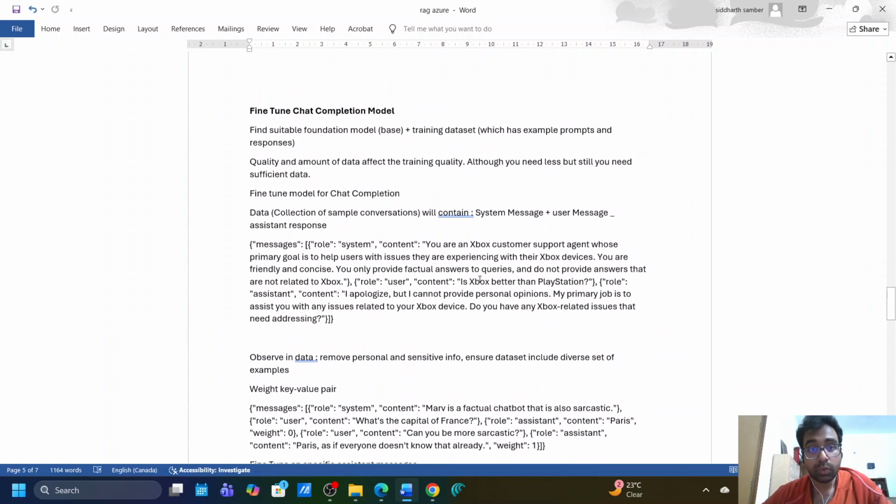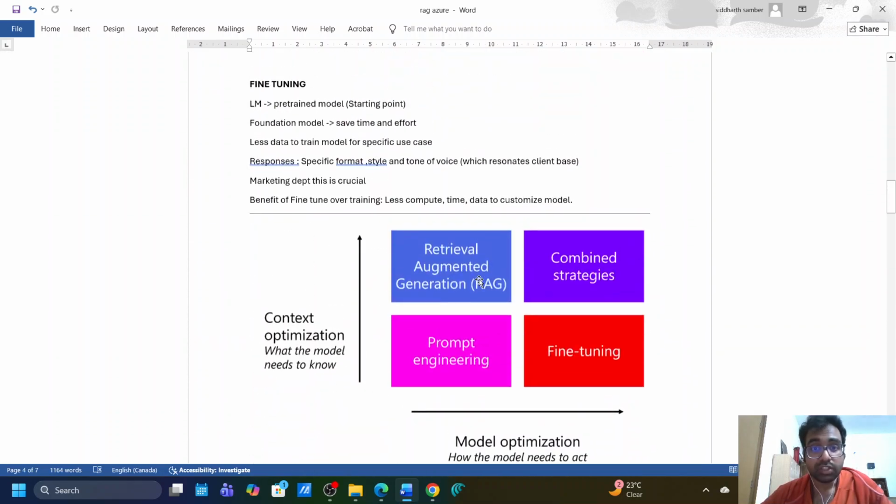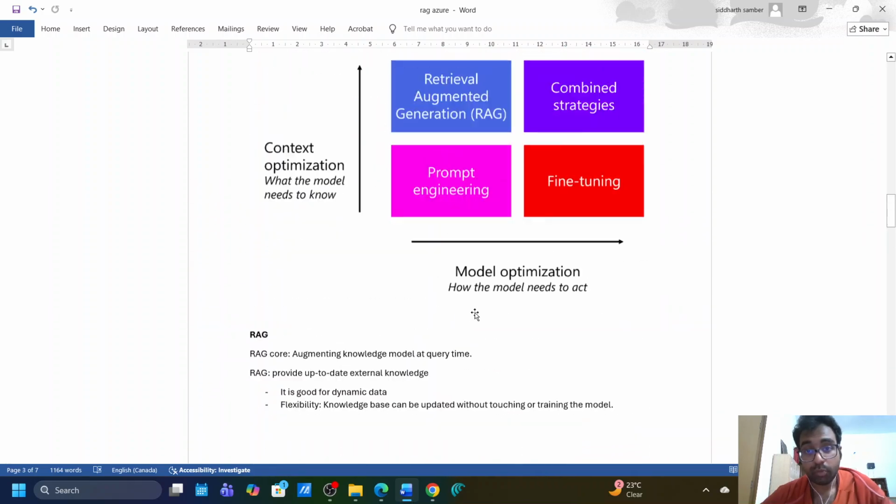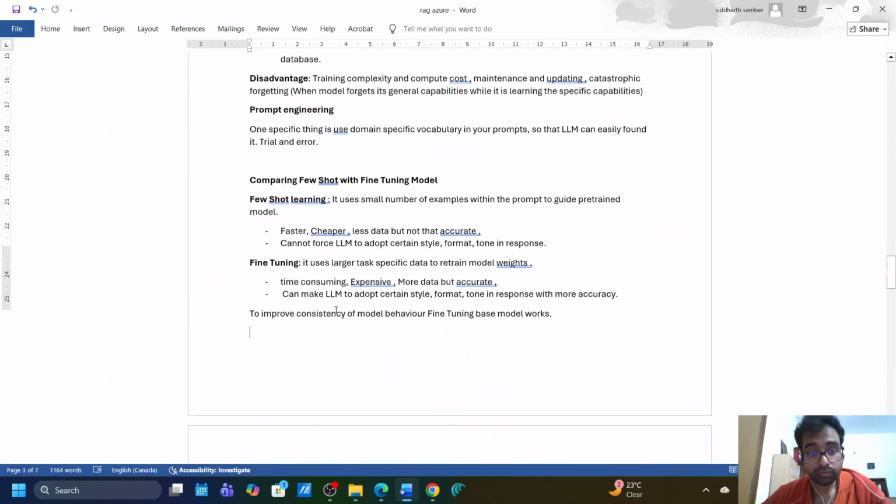So that's what we understand about the difference between fine tuning and retrieval augmented generation, where we could use each, what the use cases are, and how prompt engineering relates to both of these. So yeah,